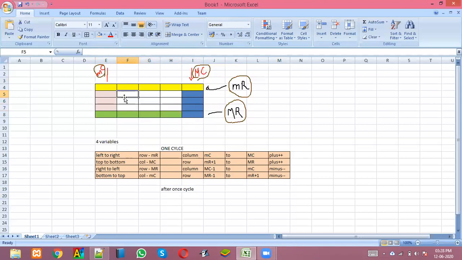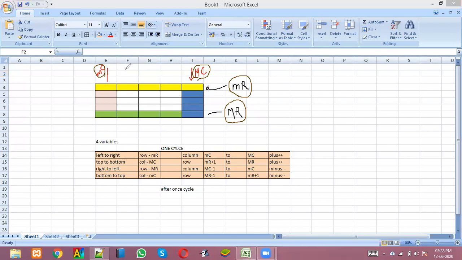Observe carefully, the minimum column we should now bring here, which means column number we should increment by 1. Maximum column we should bring to the left, which means this should decrement by 1.